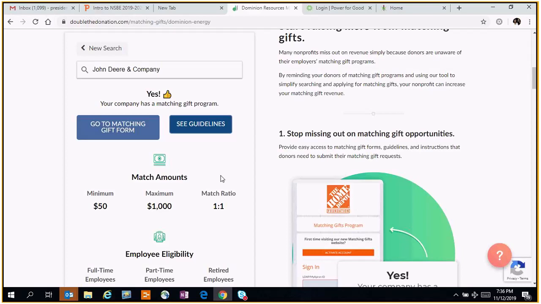Now, I know some people who have said they've donated or sent money to us. We have to be set up to receive the money, and we have to be approved to receive it. Just because you go in there and see NSBE doesn't mean we're going to get it. There's a huge database of all the nonprofit charitable organizations, so pretty much any charity is going to be in that database. They may not necessarily be eligible to receive funds from your company.